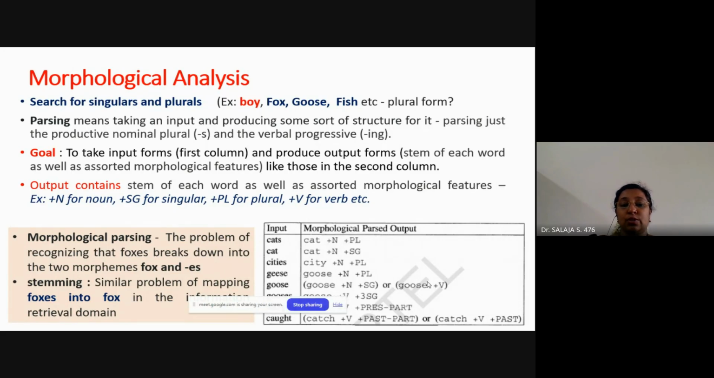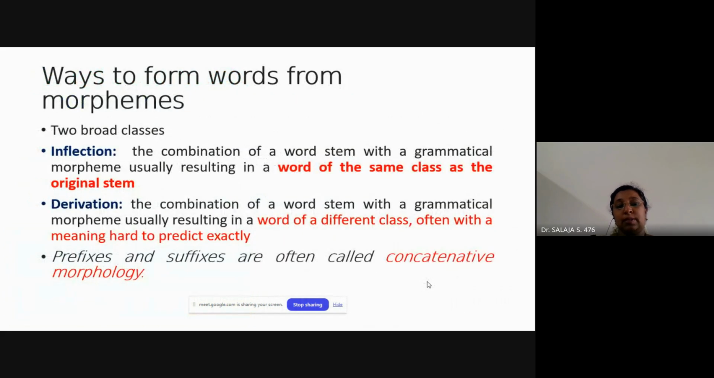Parsing is where you try to write a set of rules which has a left hand side and a right hand side, and then you try to derive things with the help of those rules so that you form the correct words, and there are two ways in which